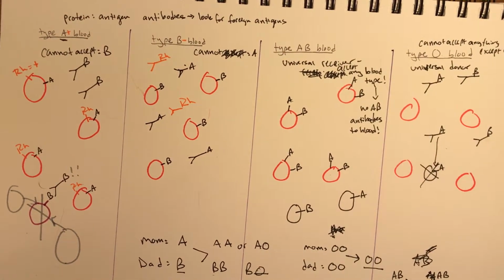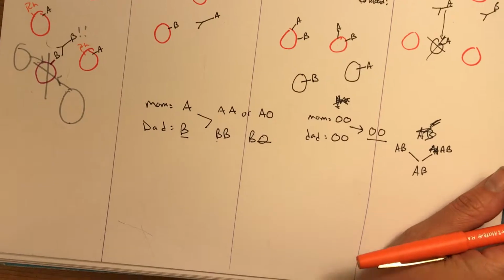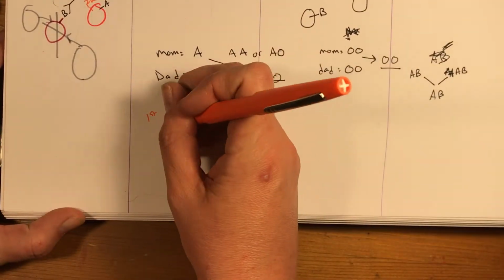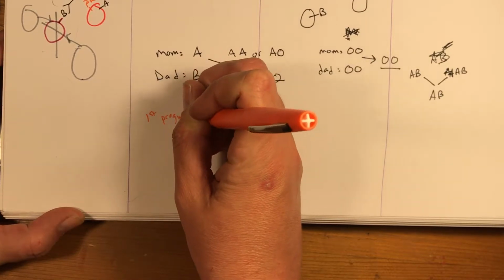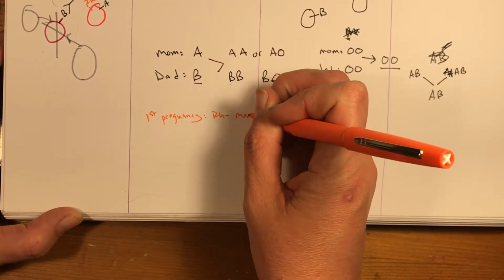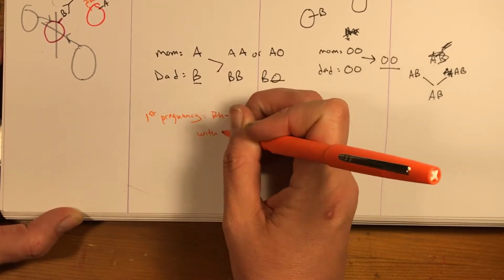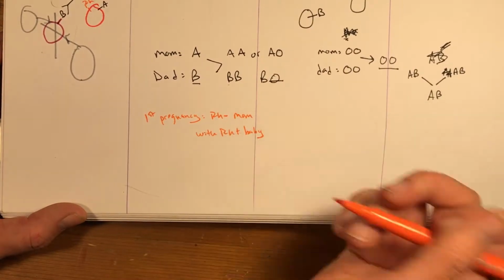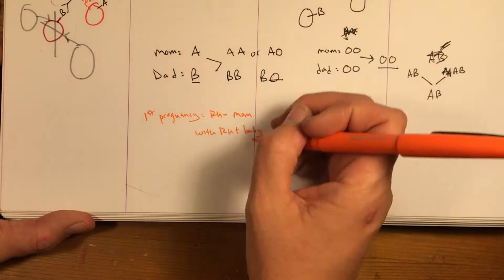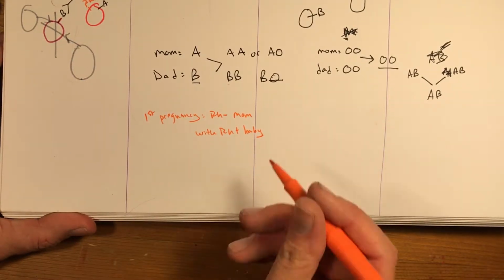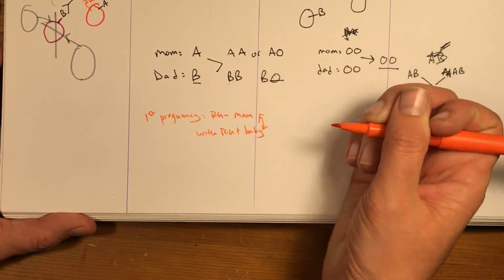Remember, that's important because when giving birth, so in your first pregnancy, if you are an RH negative mom with an RH positive baby, there's a point in pregnancy where all of a sudden the blood starts leaking from the placenta. It's very, very late in pregnancy. Usually it's not until birth actually happens. And these blood types start interacting.